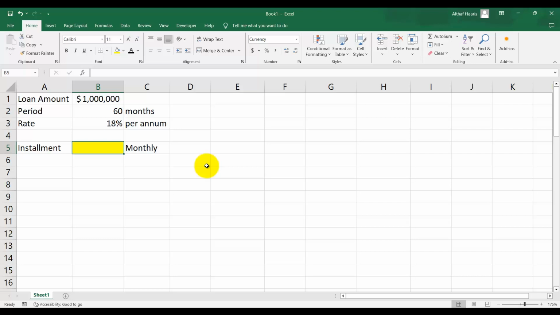Now let's see how to calculate the loan installment using Excel. The formula that you have to use, equals